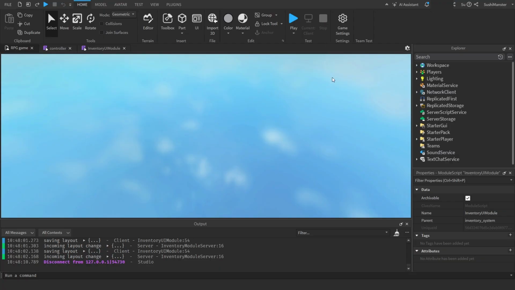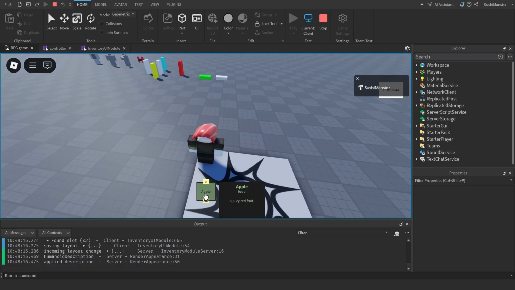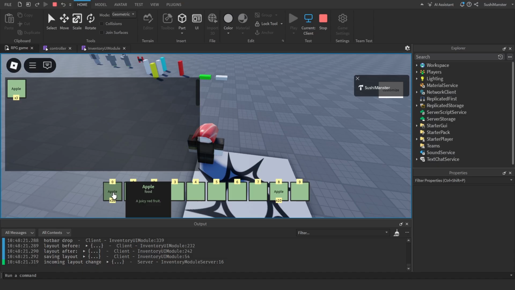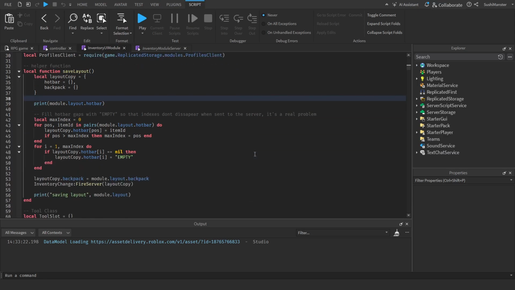Okay, let's play. And yeah, the slot saves. It's in the backpack, but there's one problem. Okay, so there's a new problem. So there's a problem, right? Problem is, like I've shown before, when you put item in 0, it doesn't actually get saved. That's actually because